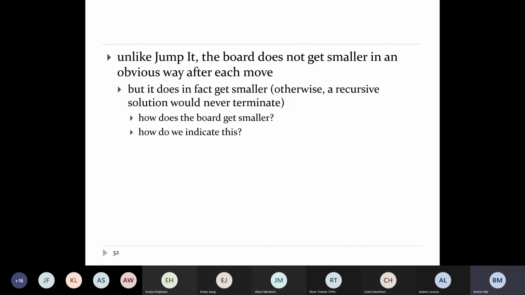In Jump It, you always used sublist to get a smaller version of the board. Because you're using sublist, and you're not passing in 0 for the first number every time, you know that the board is getting smaller every time. So in this case, how does the board get smaller, and how do we indicate that the board is in fact getting smaller? Well, the board gets smaller because every time you take a step to a square,